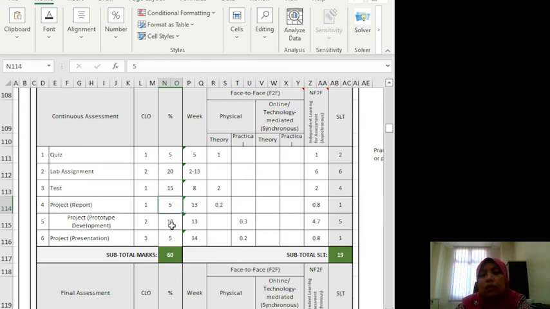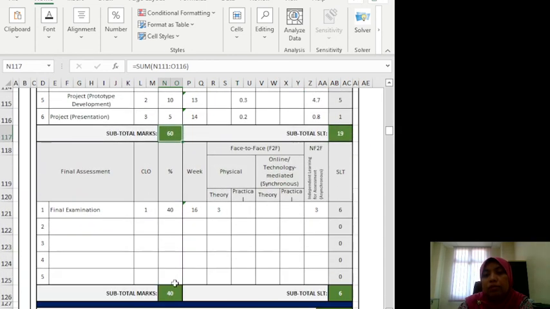Okay, and then for the project report 5%, the development of prototype 10%, and also your presentation 5%. Okay, add them up, it is equal to 60. This is what we call your carry mark. This mark will be summed up with your final exam, and you can get 100%